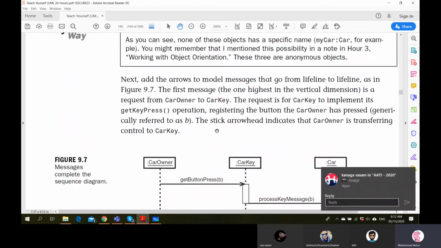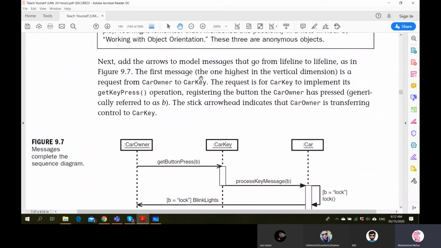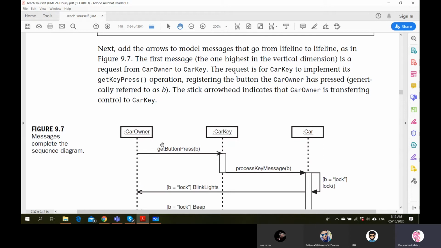So the scenario explained. The first message, the one highest in the vertical dimension, is a request from the car owner to the car key. The request is for car key to implement its get key press operation. So they mistakenly typed it get button press actually. Both are same.